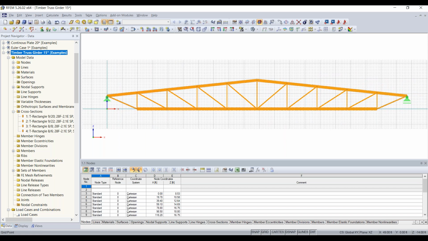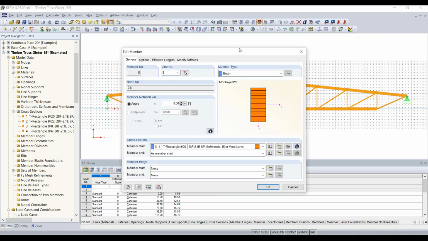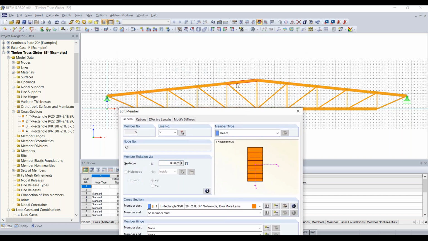The final question: is it possible to create tapered members in RFEM? I think that's worthwhile showing as an example. Again, no need to do it, but where you can set the member start and member end as different cross sections. Yeah, so to create a tapered cross section or member,